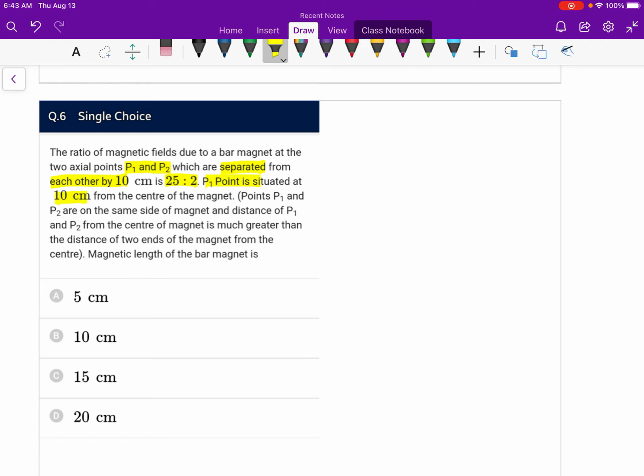P1 and P2 are on the same side of the magnet, and the distance of P1 and P2 from the center of the magnet is much greater than the distance of the two ends of the magnet from the center. Magnetic length of the bar magnet is? So the distance of P1 is 10 centimeter and the distance of P2 is 10 plus 10, 20 centimeter. If the length of the magnet